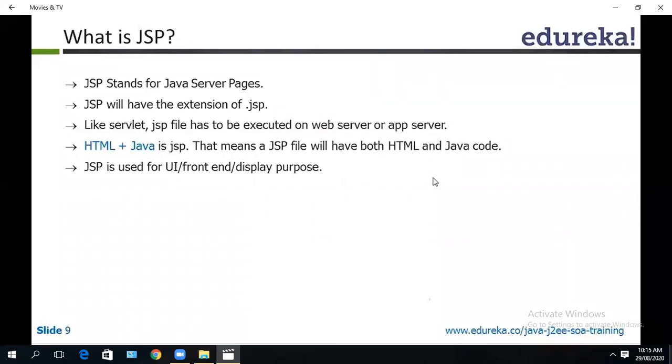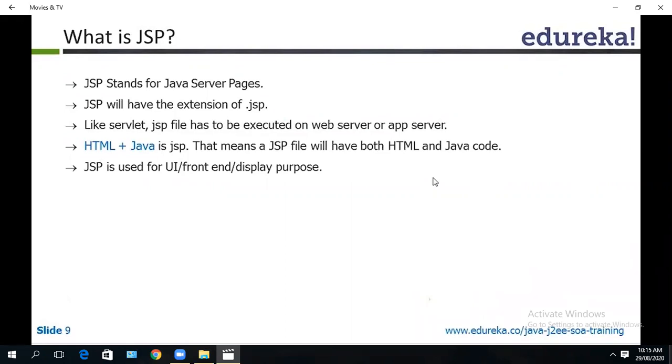As I said, a servlet requires writing 3 files: an HTML file, web.xml and a Java file. So the next technologists removed everything and made a single file, combining HTML and Java, which becomes JSP. That means JSP will have both HTML and Java code.